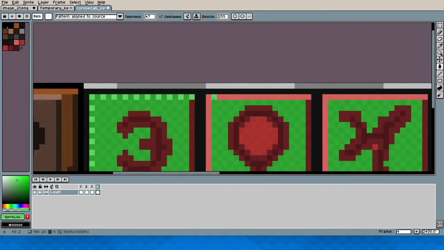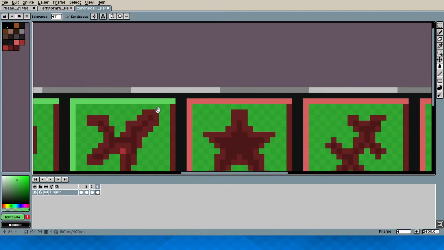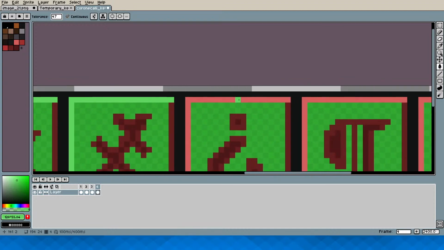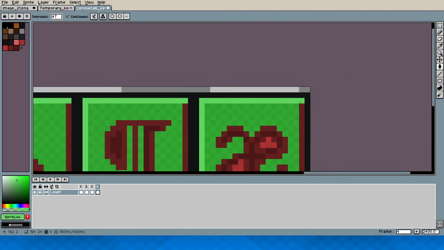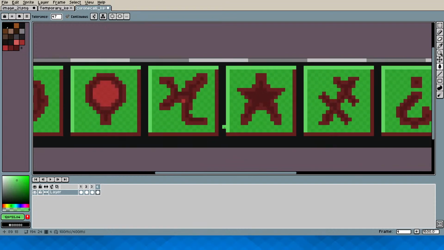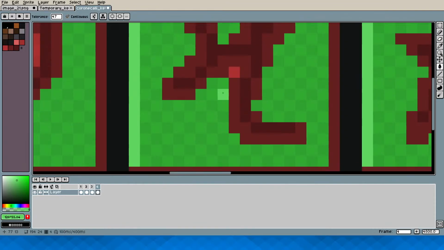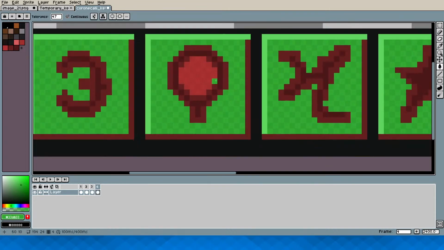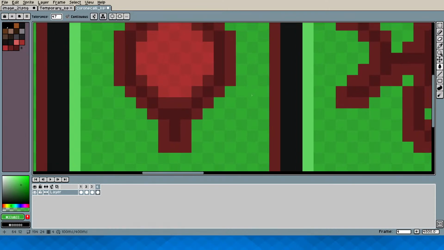Okay, so, oh, it's still using the pattern. Whoops. There you go. We can not use that pattern. Alright, and... Oh, that's still that color. Alright. And this also needs to be using that pattern.